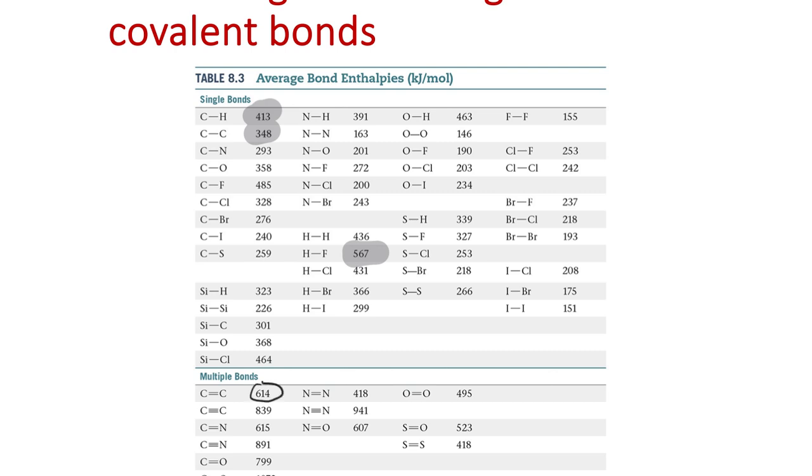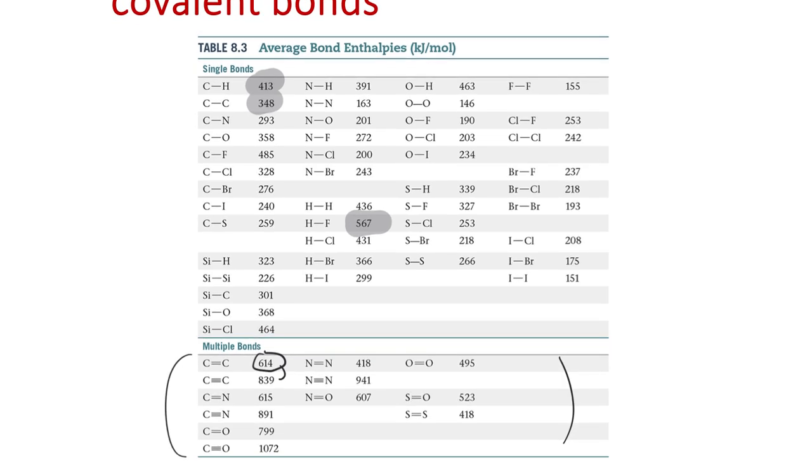So from single to double bonds, you see a big strengthening of our bond strengths. If you go to the carbon-carbon triple bond, even stronger. So triple bonds are stronger than double bonds, stronger than single bonds, and we're comparing with the same atoms. And even if you look at the magnitudes of our multiple bonds, the magnitudes of those bond energies are a lot higher than their single bond